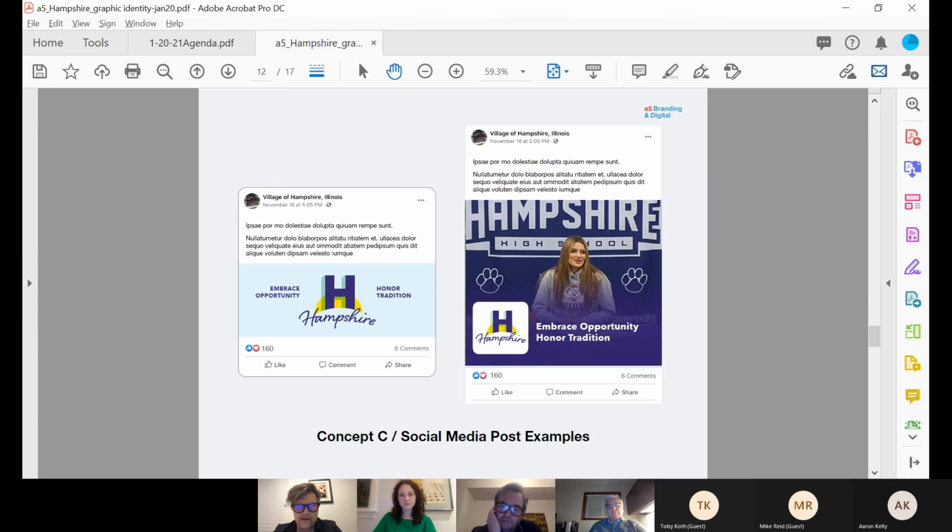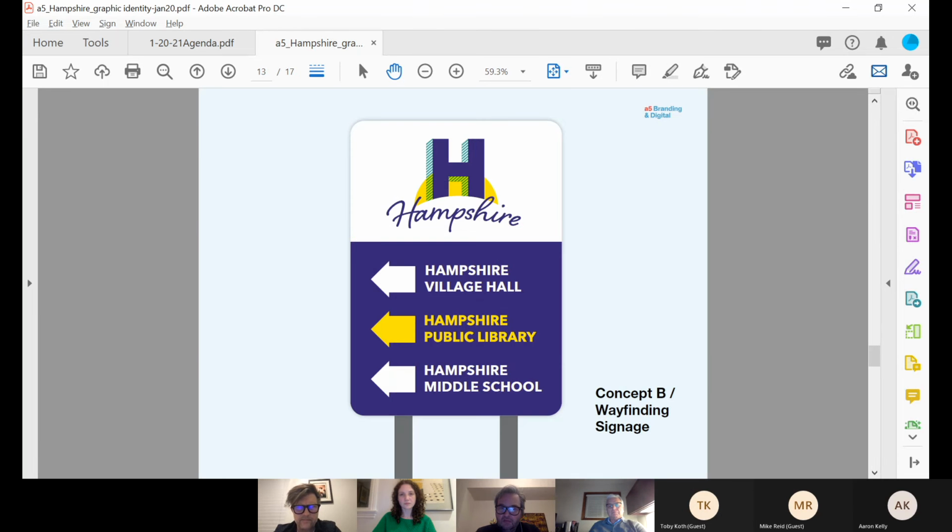So we've got that now here. I think one thing with this script, that social media post on the left, where embrace opportunity, honor tradition, we're sort of flanking it. That works really nicely with this script. I think better than the sans serif that we had before. It's kind of a nice balance, the way those fit together.